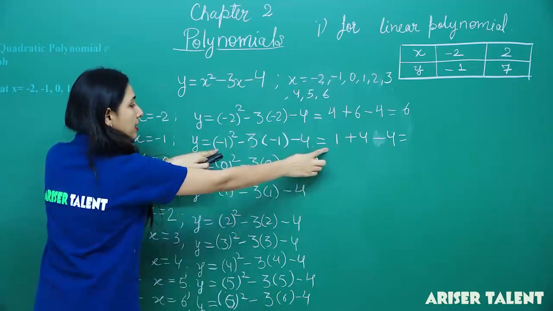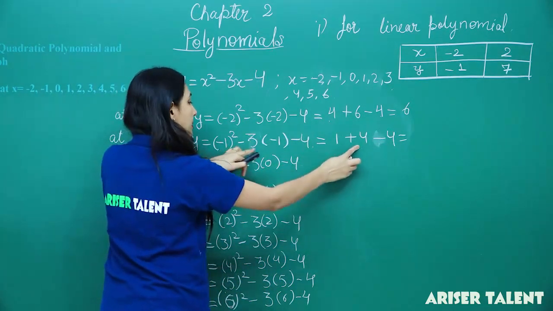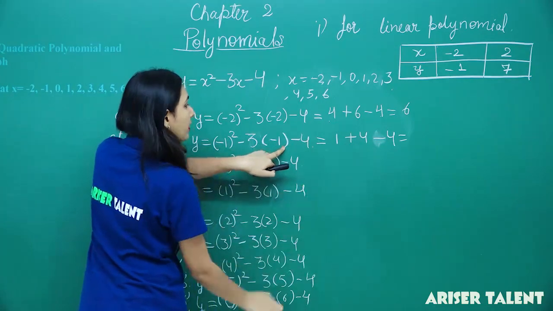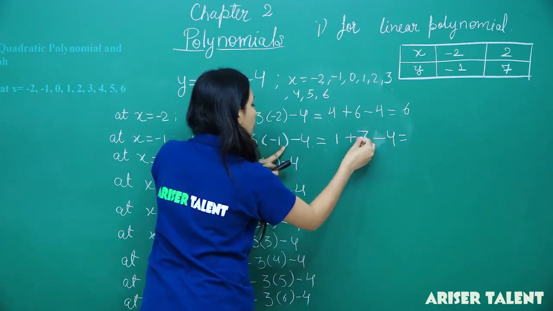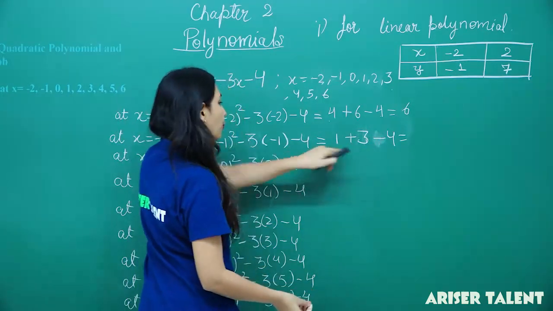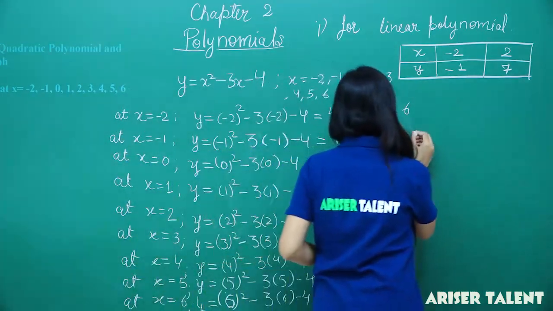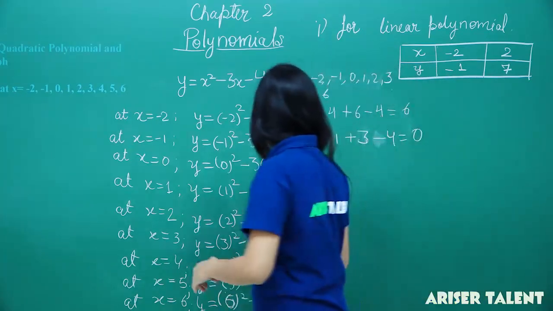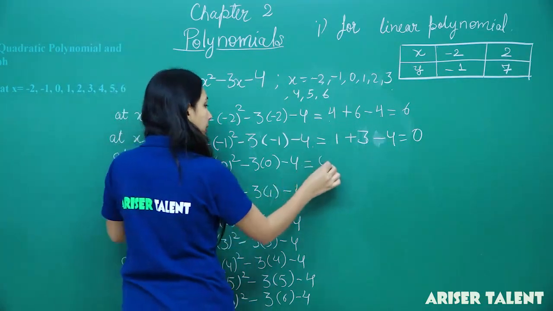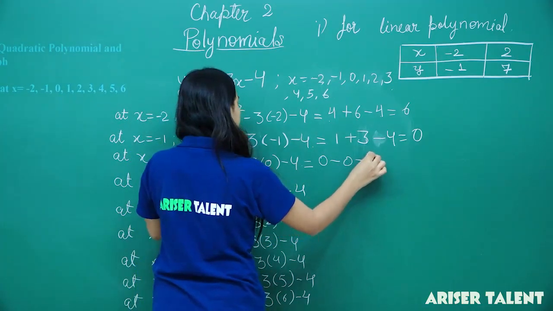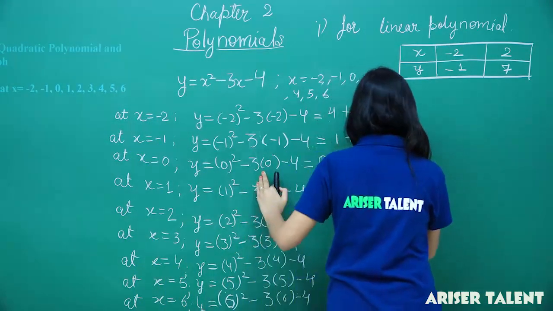Okay, plus 1 plus 4 plus 3 it is, right? Plus 3 minus 4. Okay, so what will it become? 0. Okay, now this value 0. Then minus 4. The value will become